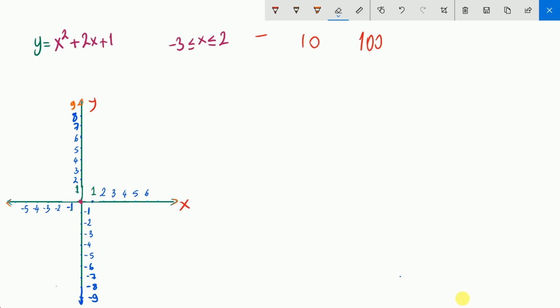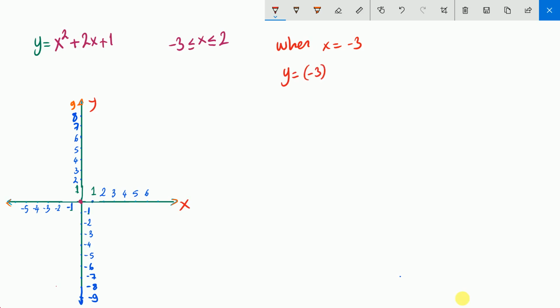So, let's start by giving values of x in between -3 and 2. I prefer to start with x equal to -3, because the starting point and ending point are really important. I'm going to limit my line with these points. So x is -3, and then y will be